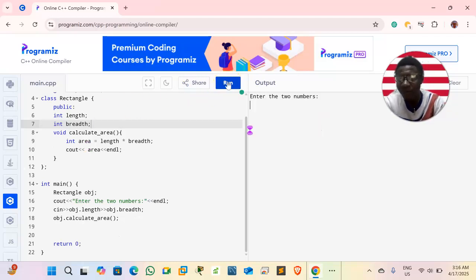Okay, our program runs. Enter the numbers. First we enter 2, then second number 3. Meaning the length is 2, then the breadth is 3. Then enter, and the area is 6. Okay, then rerun and see. Enter 4 and 280. So meaning our program runs successfully. So this is how